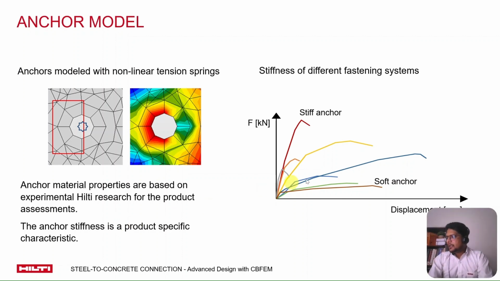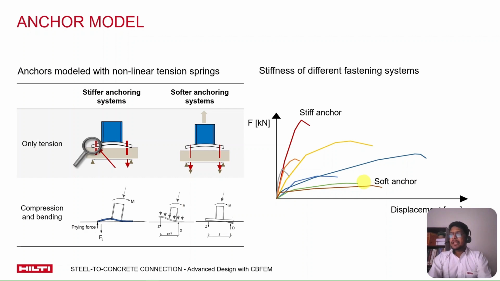Why? Because here on the right hand side you can see a graph which shows the relationship between the force applied and the displacements in the anchors, and you can see that some of these anchors can be termed as stiff anchors because they deform much less in comparison to the softer anchors. And to emphasize a bit more on this concept, let me bring in a comparison of two different cases. Let's say first of all we are dealing with only tension cases, and here you can see that the stiffer